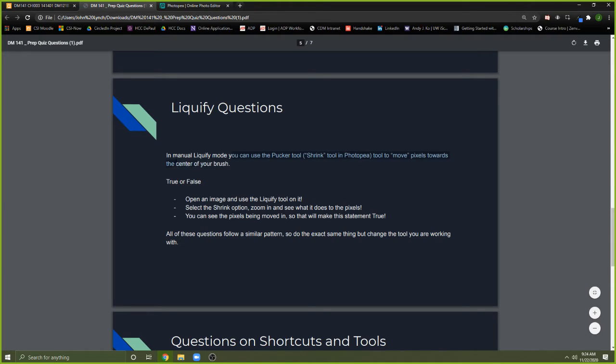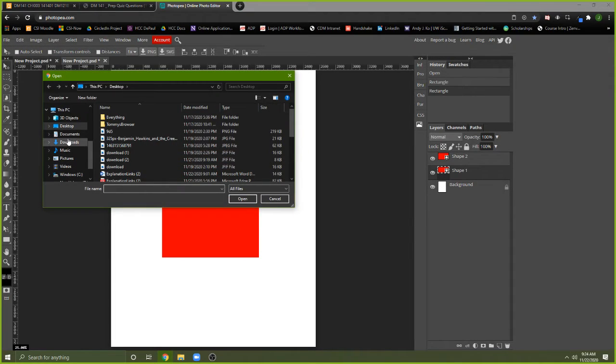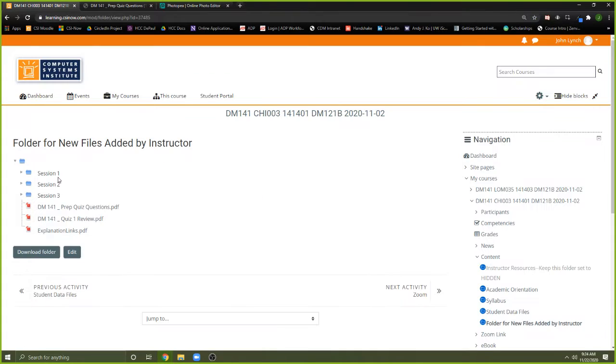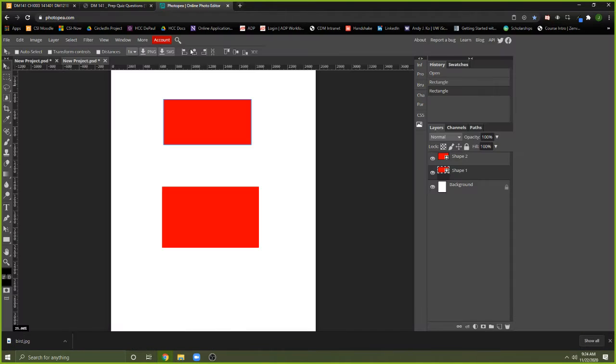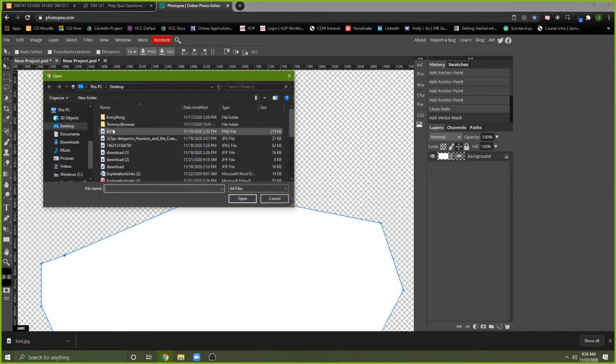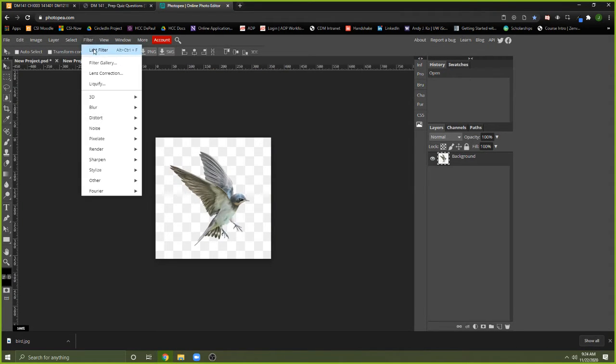Now, we talked a bit about the liquify tool again, but with the liquify tool, there's a question here. In manual liquify mode, you can use the pucker tool, shrink tool, and Photopea tool to move pixels towards the center of your brush. So you might be wondering, okay, well, how do I go about fixing that up? Well, let me pull up the bird really quick for us to work with. If I go ahead and try to pull up this bird inside of my Photopea, and then I use the liquify tool on this bird,